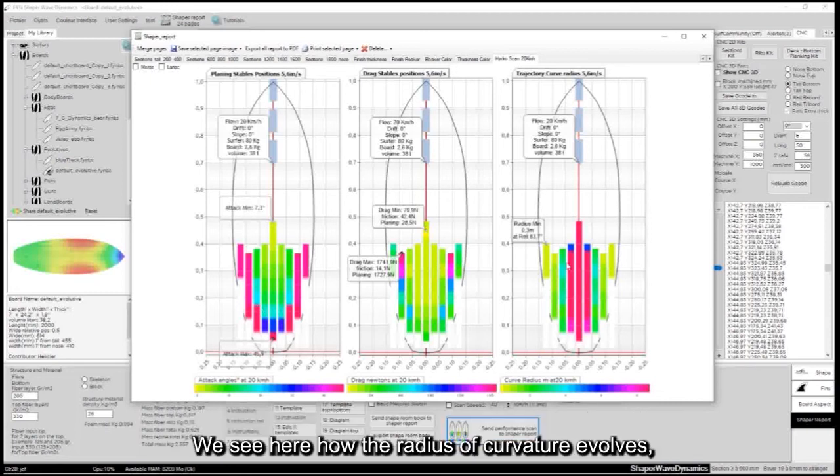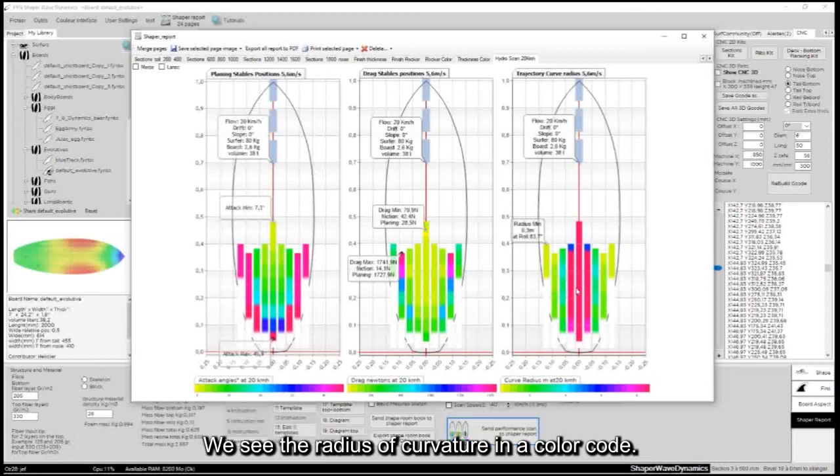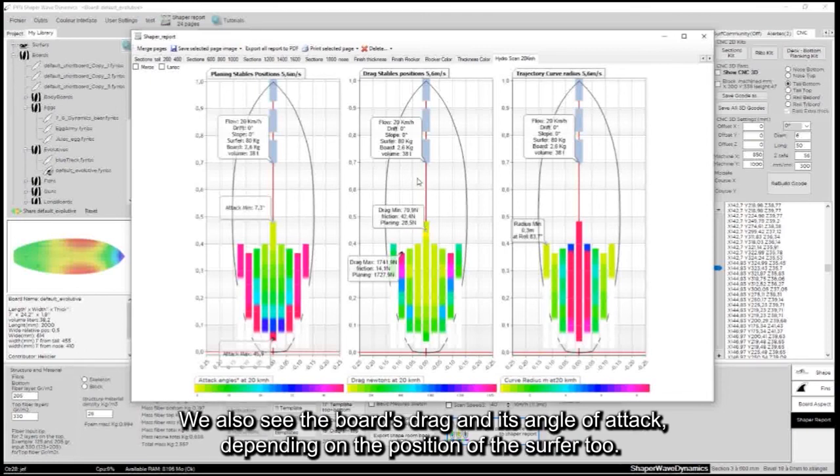We see here how the radius of curvature evolves. So here at 20 km per hour, depending on the surface movement, on the right, at the front, at the back, or on the left, we see the radius of curvature in a color code. We also see the board's drag and its angle of attack, depending on the position of the surfer too.